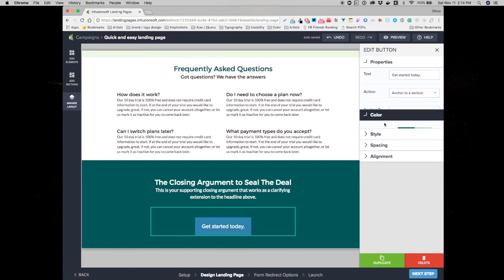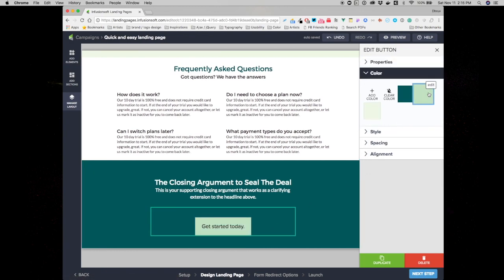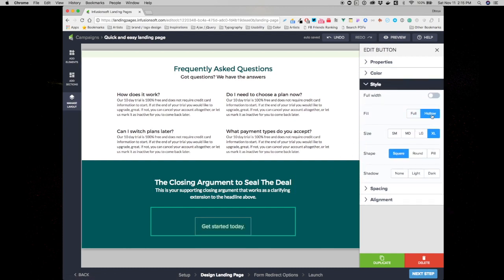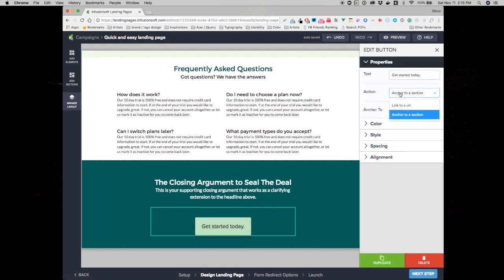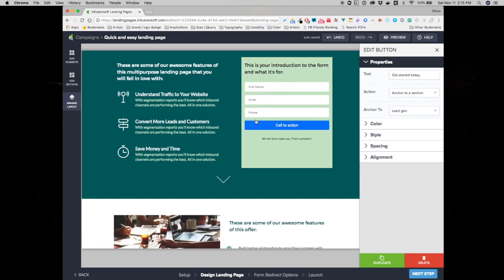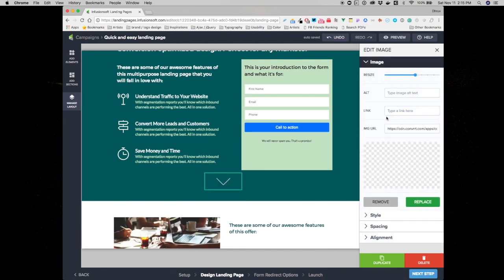And now I can click on the link. I can change the style of the button to match the theme of the page. I can also make it hollow or full, change the style of it. I think that looks good. Maybe add some drop shadow to it. And then I can click on the properties of it and link to another section, and I can link it to lead gen, just like that. Now what happens is anytime a user clicks on that button,